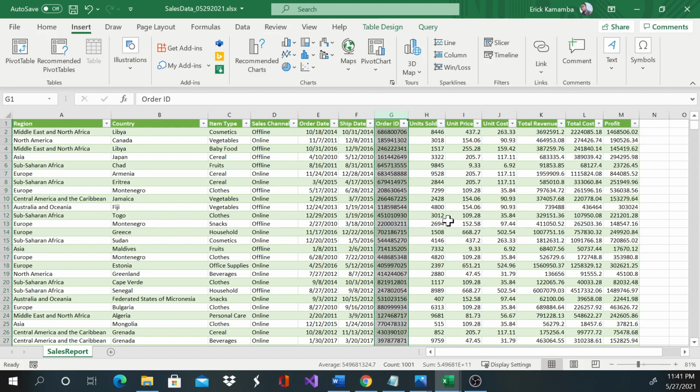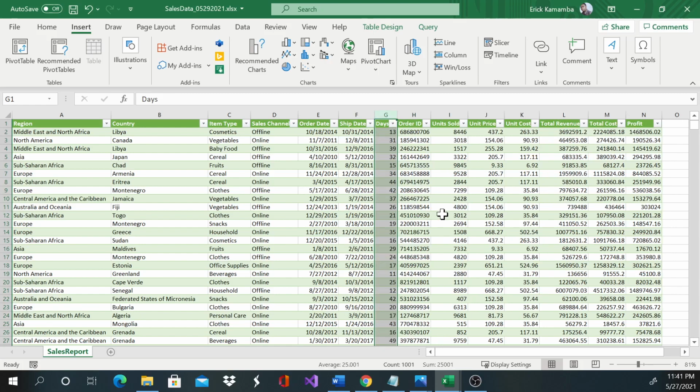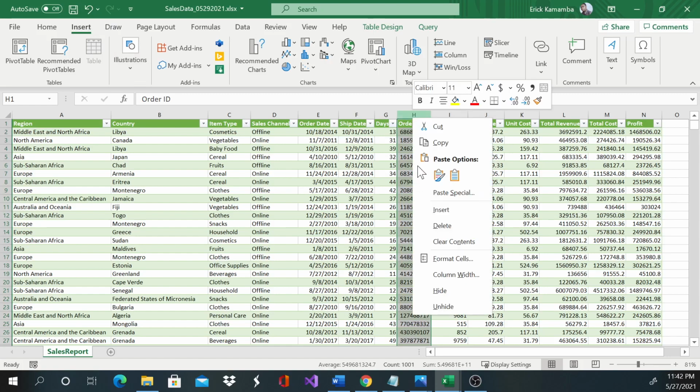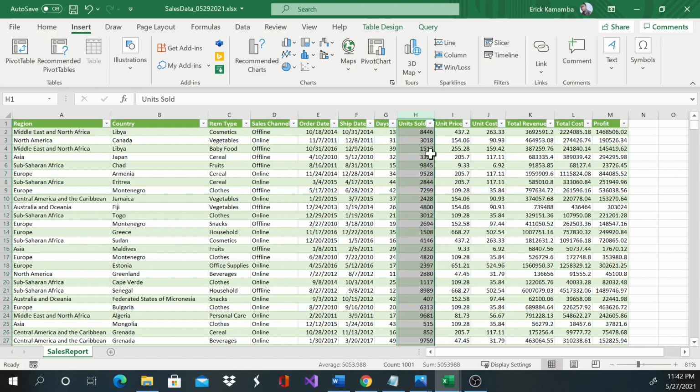That's not what I need to delete. So I'm going to Control Z to undo, or you can use this arrow to undo. I'll highlight the column and just delete this column I don't need. We do have unit price, unit cost, total revenue, cost, and profit. Again, I won't be using these order days, but